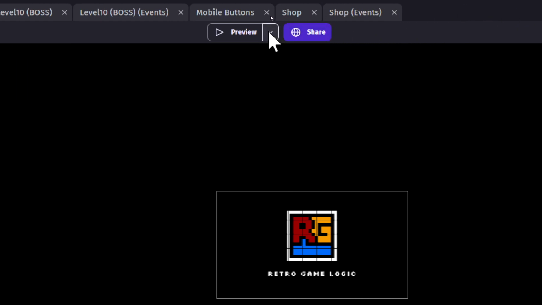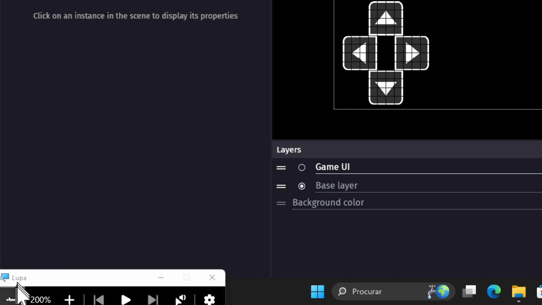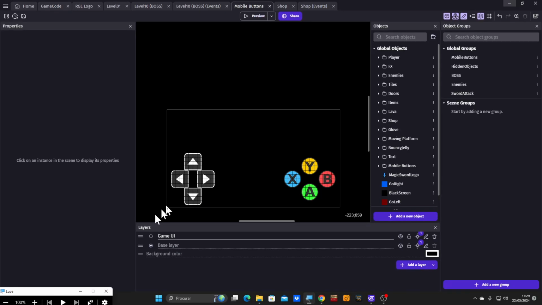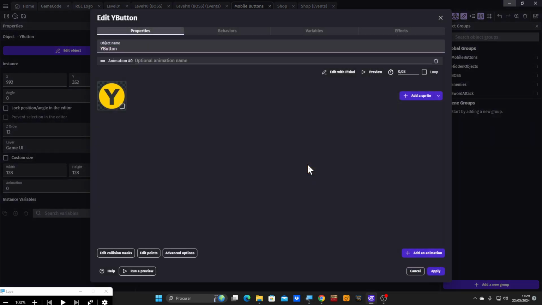to add mobile controls, and my microphone's already annoying me. Sorry. There you go. Mobile buttons. So this is an external layout, kind of like we did for the UI. Matter of fact, we're placing this on the game UI. And you just place your buttons like this, and you get these buttons from either the internet, itch.io, or